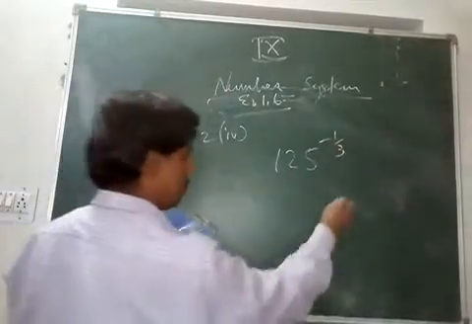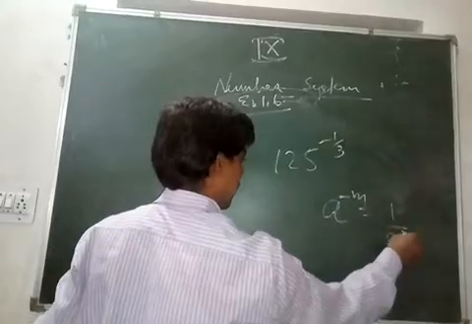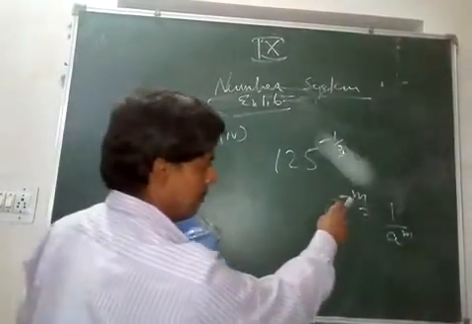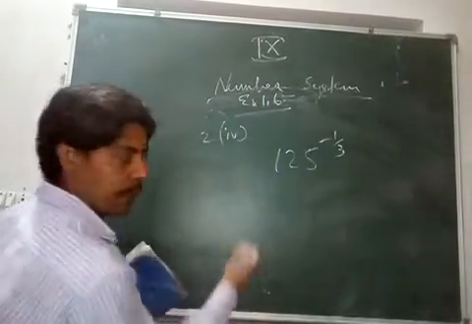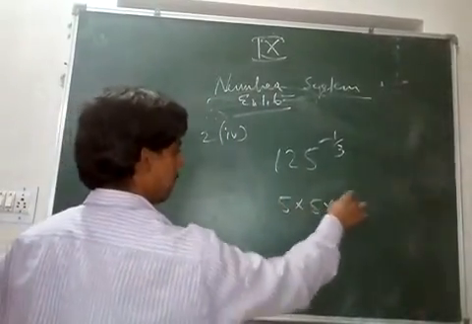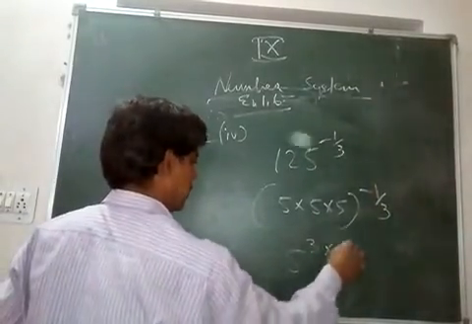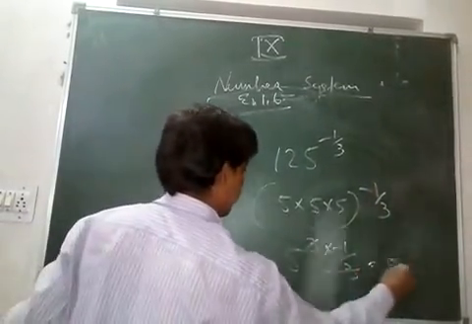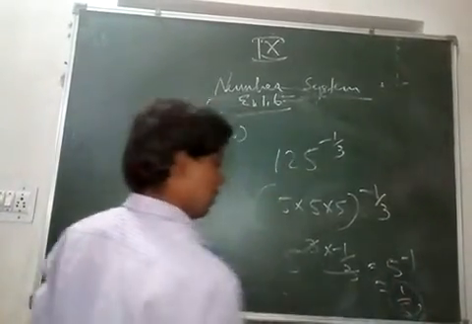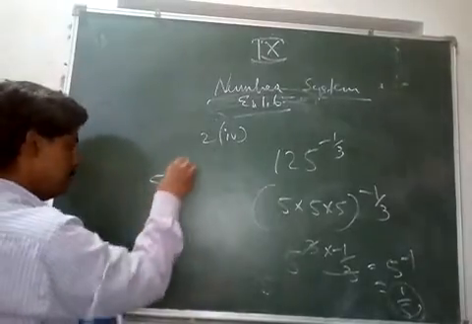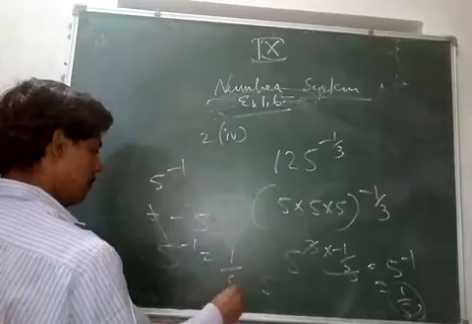Now another very important law, you can say a to the power minus m is 1 upon a to the power m. It is reciprocity. Whenever there is a negative, we can reciprocate. Or we can do it directly like the previous way. 5 into 5 into 5 is 125, whole bracket 1 by 3. 5 to the power 3 into 1 by 3. So 3 and 3 gone. 5 to the power minus 1. If you take the reciprocal, you get 1 upon 5. Okay, this is not minus 5. 5 to the power minus 1 is not minus 5. 5 to the power minus 1 is 1 upon 5.